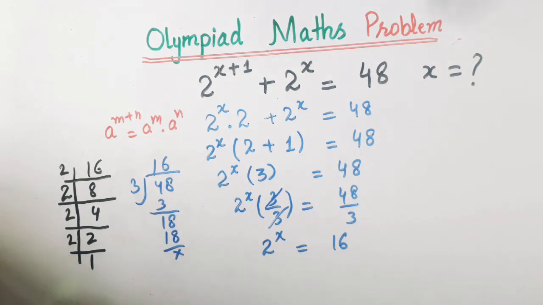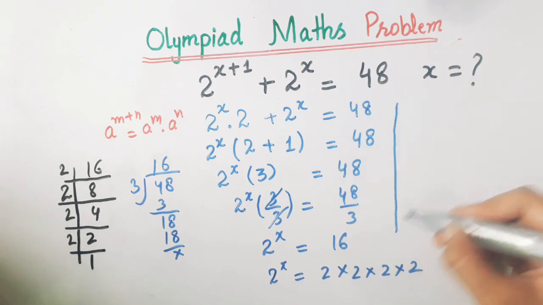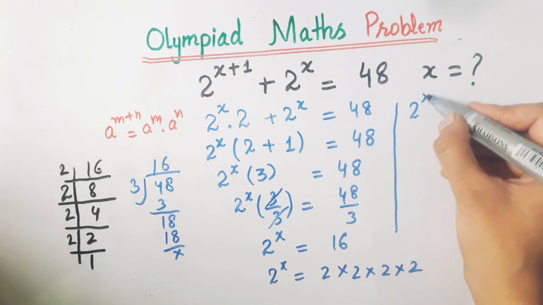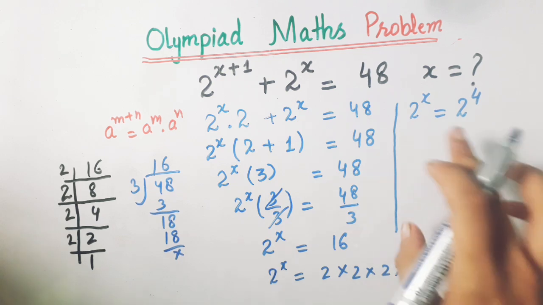You can see we can write 16 as 2 multiply 2 multiply 2 multiply 2, 4 times 2. This implies that we got 2 raised to power x equals 2 raised to power 4, counting 1, 2, 3 and 4. Now when the bases are same,